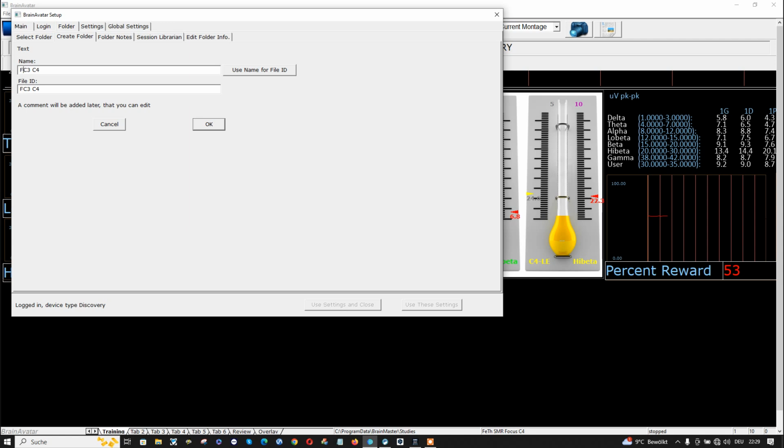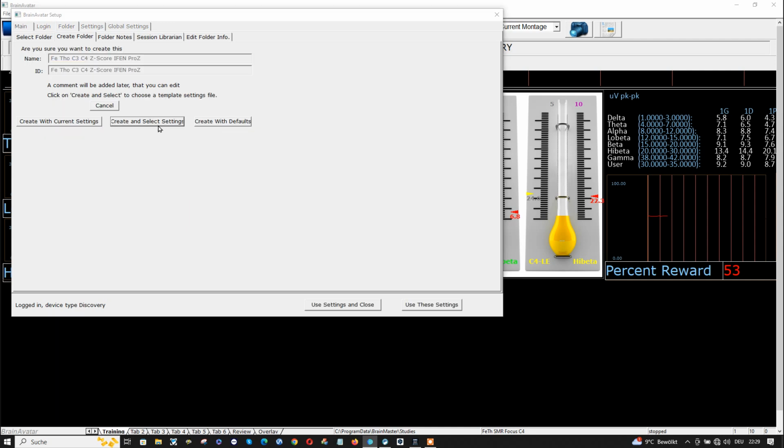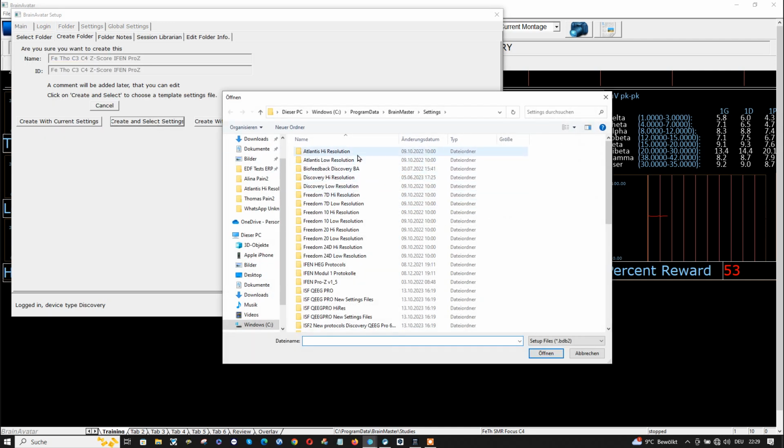Let's also put in the name. It is my last name and 2 or 3 letters of my first name, and then C3, C4, we call that z-score training. Maybe IFEN-ProZ protocol, and then we click OK, create and select settings. It has to be now, you go to IFEN-ProZ